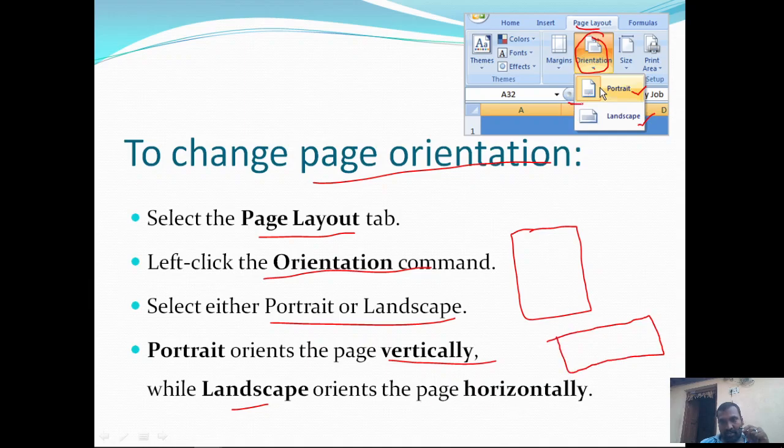Okay, so anyway you can view that in this diagram here. So these are the two orientations. In margins, we need to give the margins or choose any one of the predefined margins that are available. In the orientation, we need to select either portrait or landscape depending on the document information that we want to print. Okay.